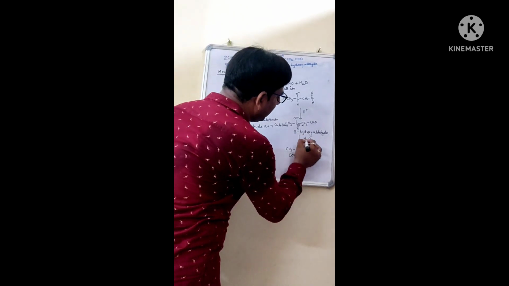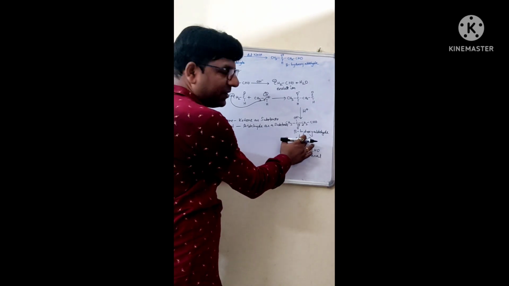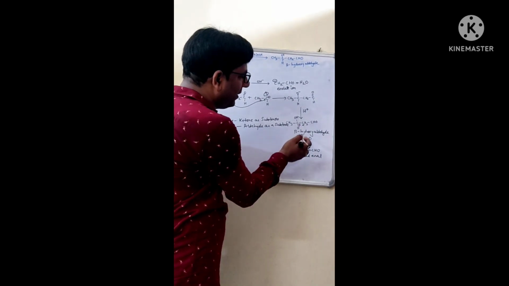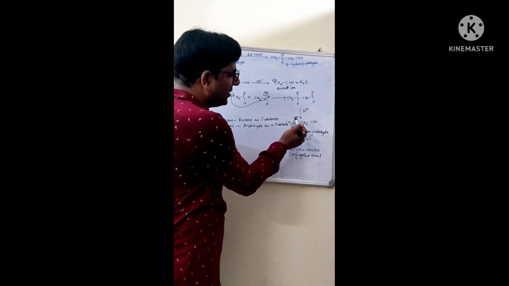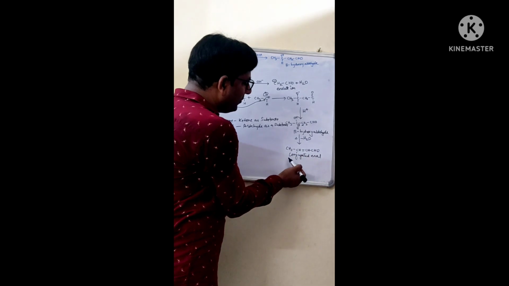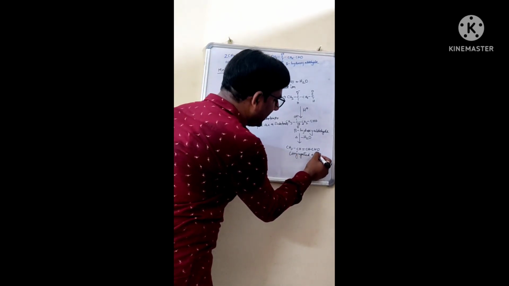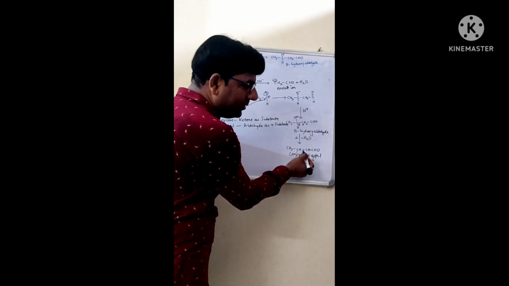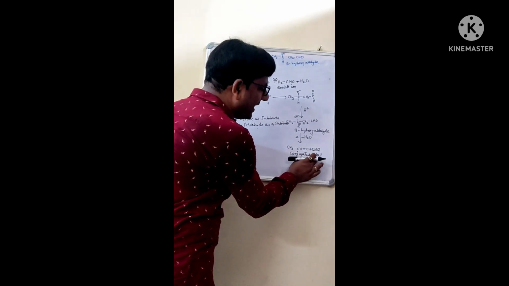Then it is followed by the dehydration. You can write here heat. Your dehydration will take place. Dehydration means the removal of water molecule. Water molecule will be removed from alpha carbon. One hydrogen will be removed, and from the beta carbon OH group will be removed. So we will be left with the conjugated enal. Enal means this En stands for alkene, which means there is a double bond, and this Al stands for the aldehyde. That is why it is said to be the enal.